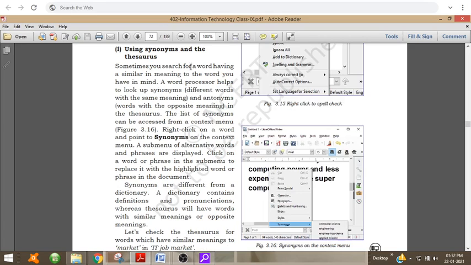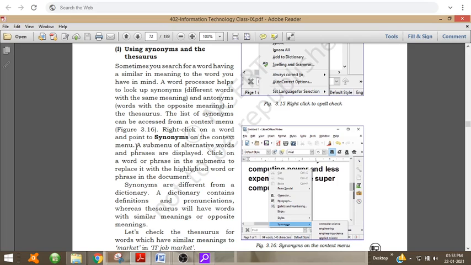Now sometimes you search for a word having a similar meaning to the word you have in mind. A word processor helps you to look up synonyms and antonyms in the thesaurus. The list of synonyms can be accessed from a context menu. For that, right click on a word and point to synonyms.